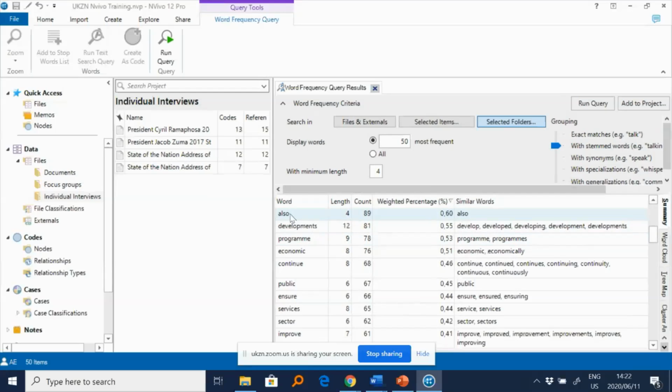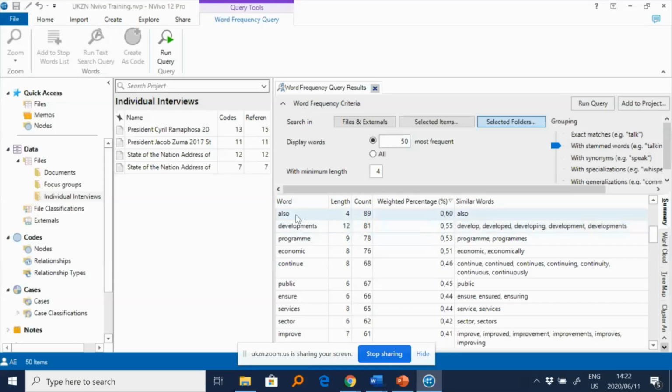I've seen some people transcribing as interviewer, they type the question, interviewee, they type the response, interviewer, question, interviewee, response in the transcript. If you have that kind of setup and you bring your transcript to run this query, chances are that interviewer, interviewee will appear as some of the most frequently occurring words in your transcript. Those do not add value to your work. You can simply eliminate them.